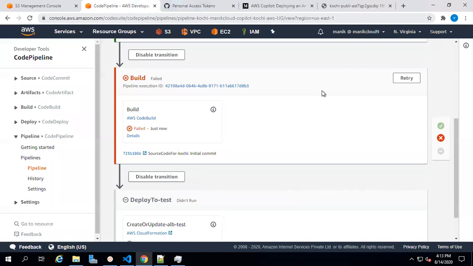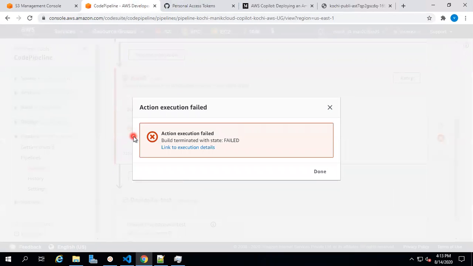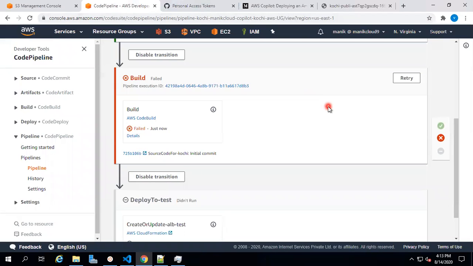Yeah, as expected, because it has failed. And if you check out the error message or the details inside CodeBuild, it will say that it doesn't have the buildspec.yml, right? So let's go back to the terminal